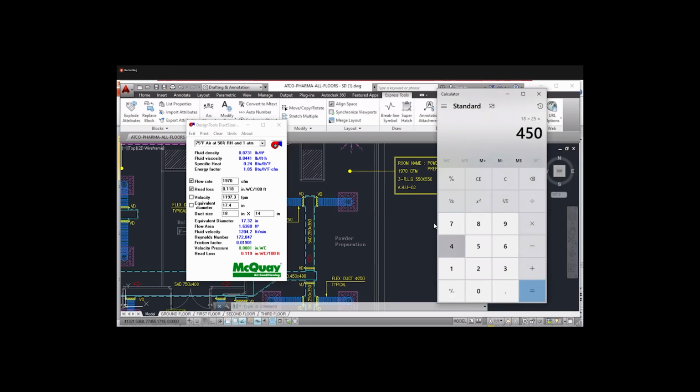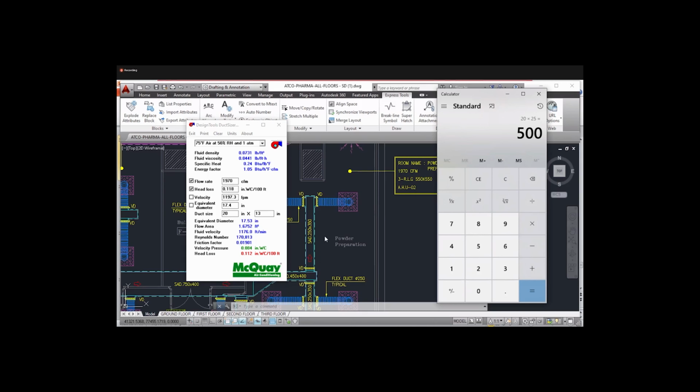450. Okay, 450. We will take 20 into 25, 500. Okay, so 500 is the total branch, the total duct size.